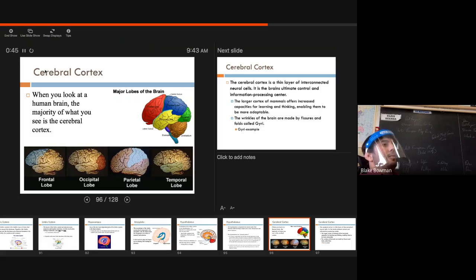Motor movements, motor memory. So it's almost instinctive that we can do these actions without even thinking about it. And again, that's just because we have an evolved brain with the cerebral cortex. It's right on the outside. When you look at the brain, this is what you really see. And the limbic system is obviously inside, the midbrain, and then you have the hindbrain, the brain stem